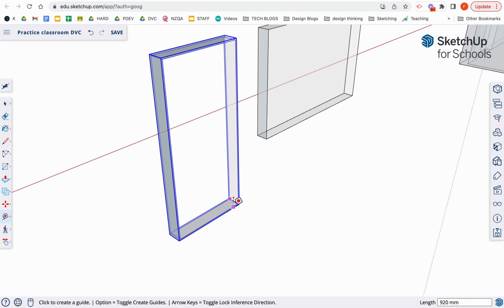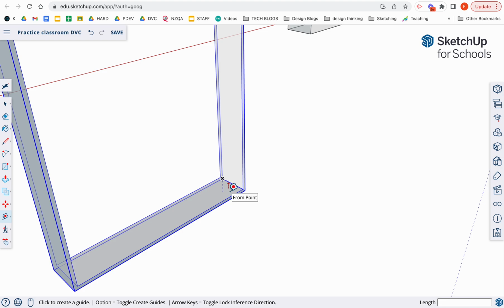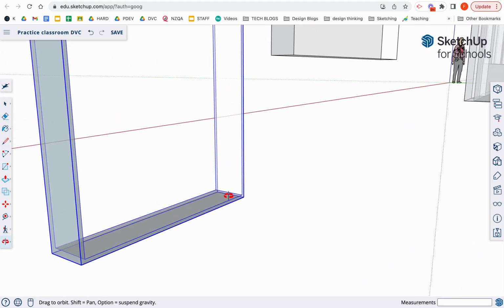So with my tape measure, or actually I can just still find the middle of this with my line tool. Just going to try and get away from that corner. Here we go. Kind of want to see this top surface a bit clearer. L, that's the midpoint to the midpoint, and then I'm going to make my door 25 millimeters thick. Oh, 25, enter, and then from that point I'm going to go back here, and then I'm going to close up the